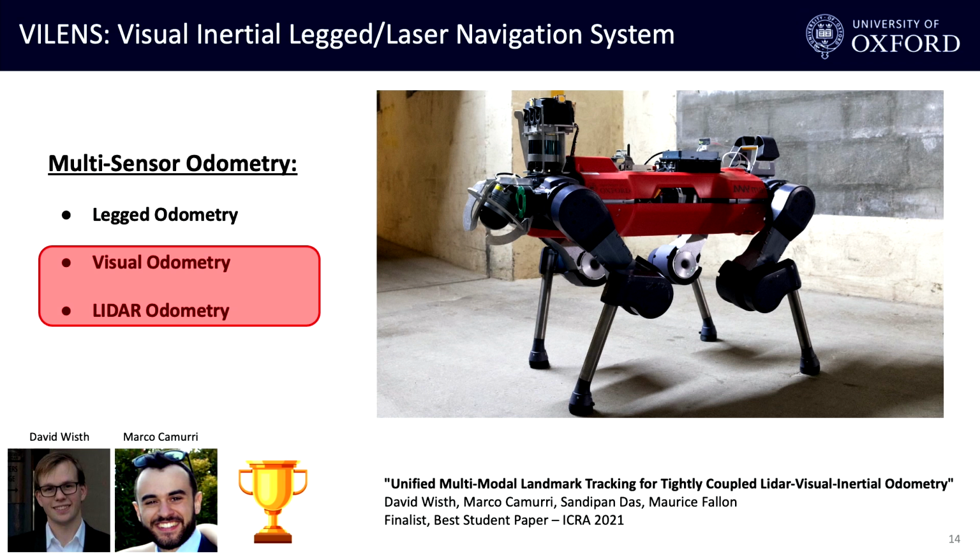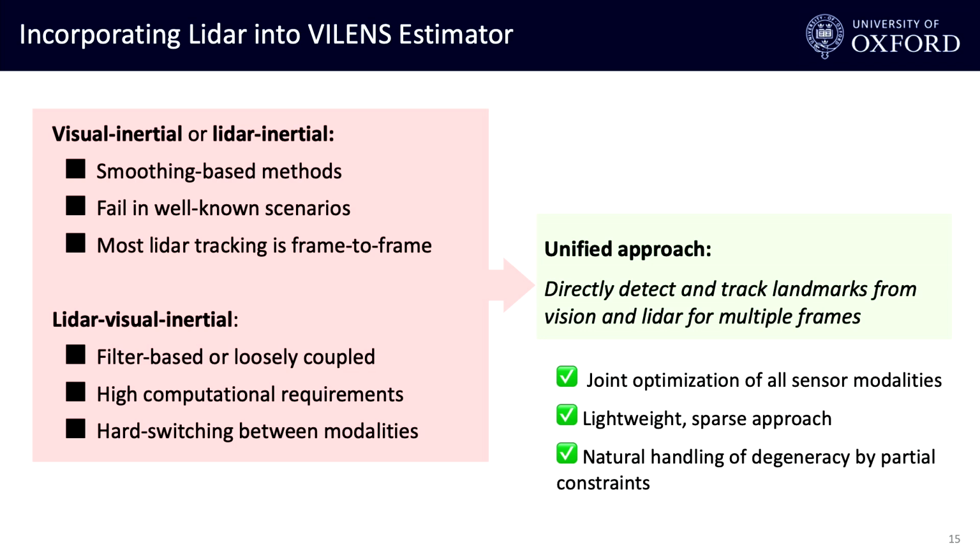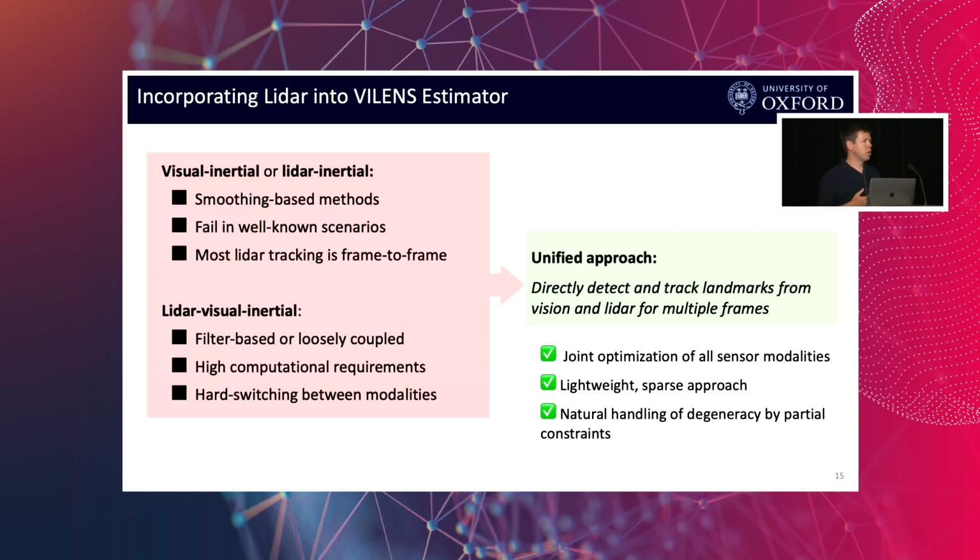So what we wanted to do in the next phase, as we moved into the challenge that I talked about, was to find holistic ways to fuse together vision, lidar, inertial sensing, and also the joint sensing from the robot. Typical approaches would run a visual tracking system, like I described previously, separately from a laser-based system, but in these confined environments where you can sense your distance, your position in that long tunnel corridor, but you don't necessarily know how you're moving along it, then the lidar is not very good at giving you longitudinal estimates, and the visual feature tracking is kind of stable. But if the robot was to walk to face a wall,